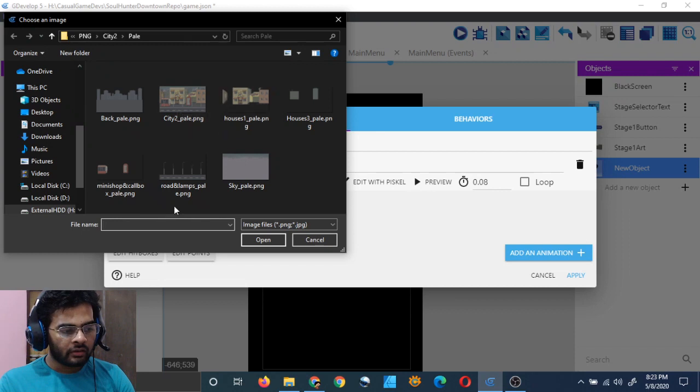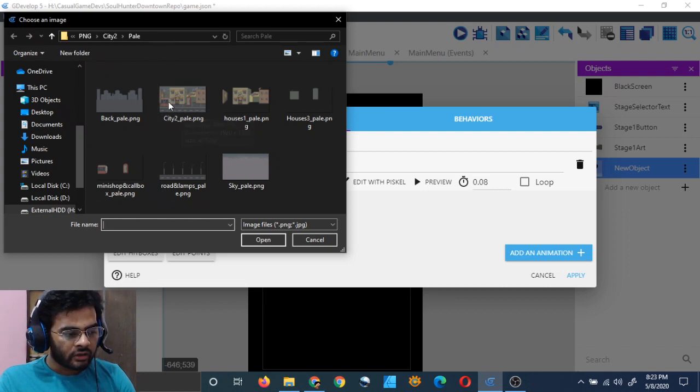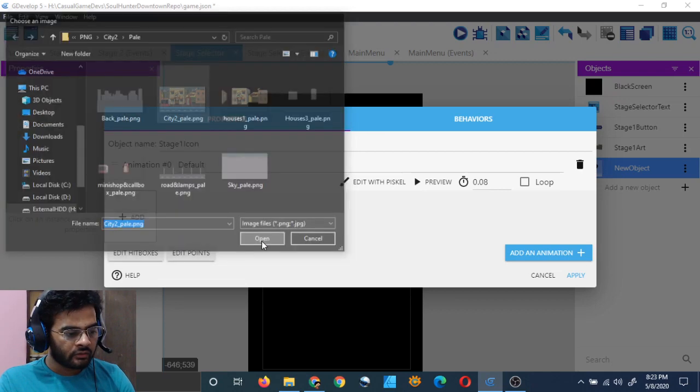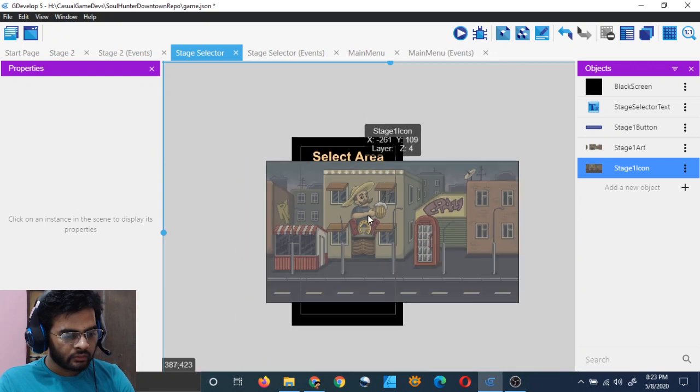Because this scene, the assets which we have has the whole city's scene already assembled in one image. We couldn't use it in our stages because the orientation is landscape in this one and we wanted portrait, so we had to assemble each part separately. But for the icon we can use this, right? So let's click on it and apply and then bring it here.